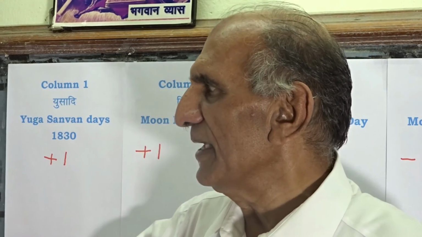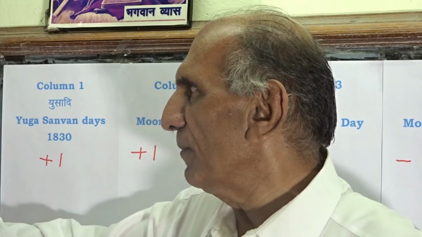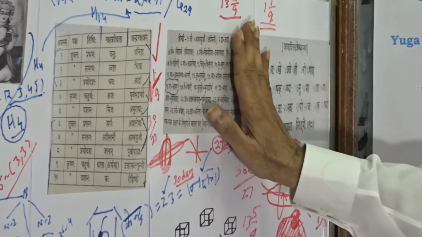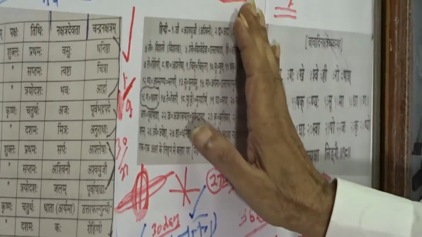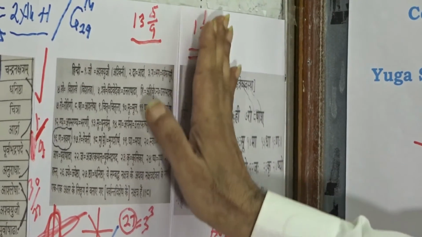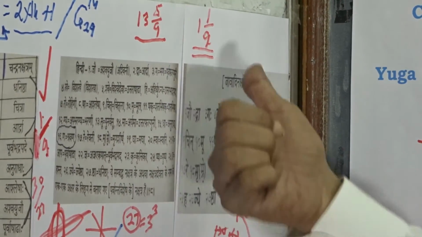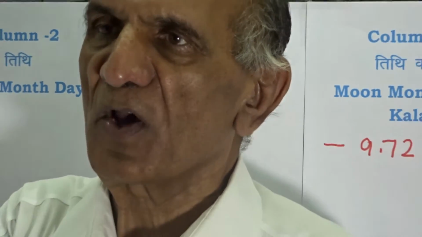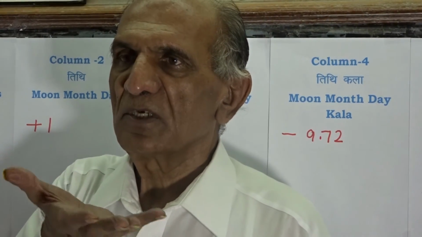This tabulation is of the form that one Surya nakshatra is having swapping of 13 days plus 5 over 9th day, while the Chandra nakshatra is having a value 1 day plus 1 over 9th day. So these values, as these are flowing from the beneath geometric format, along which there is an existence phenomenon